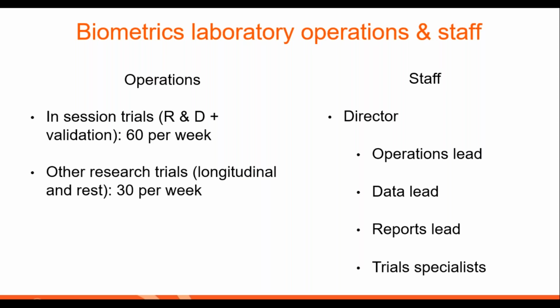We have 60 trials a week that are part of our R&D efforts and our validation, and those go hand in hand, of course. We may be doing R&D on new sensor designs. At the same time, we may be validating reference designs or our partner designs. And then we have an additional up to 30 trials per week for other research trials, and that may include